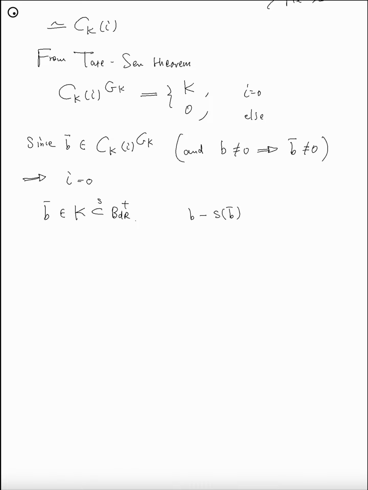And so what happened to this? If we compare this, this must be of the form alpha times c to the power k